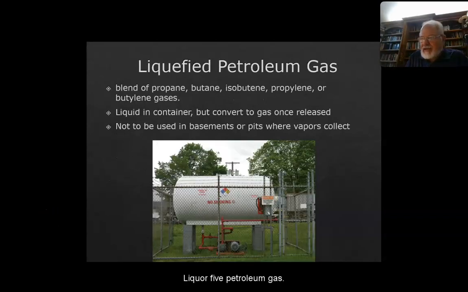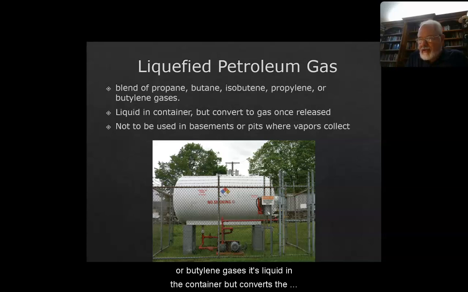Liquefied petroleum gas. It's a blend of propane, butane, isobutene, propylene, or butylene gases. It's liquid in the container but converts to gas once released. It's not to be used in basements or pits where vapors collect. The first LP gas standard was known as Standard 58 and was adopted by NFPA in 1932. The Fire Prevention Codes in NFPA 58, Standard for Storage and Handling of LP Gas, regulated the LPG installations today